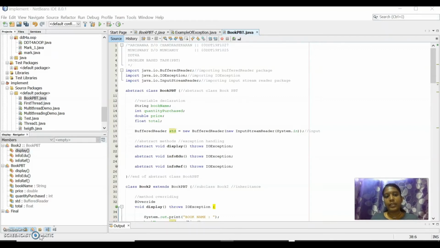Second is import java.io.IOException. Java IOException is an exception which programmers use in the code to throw a failure in input and output operations. It is a checked exception. The programmer needs to subclass the IOException and should throw the IOException subclass based on the context. Third one is import